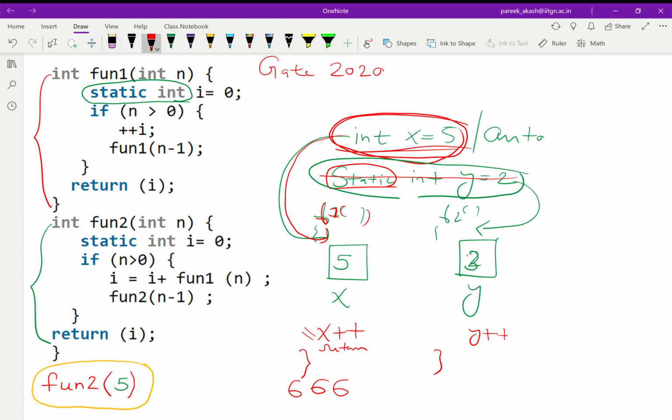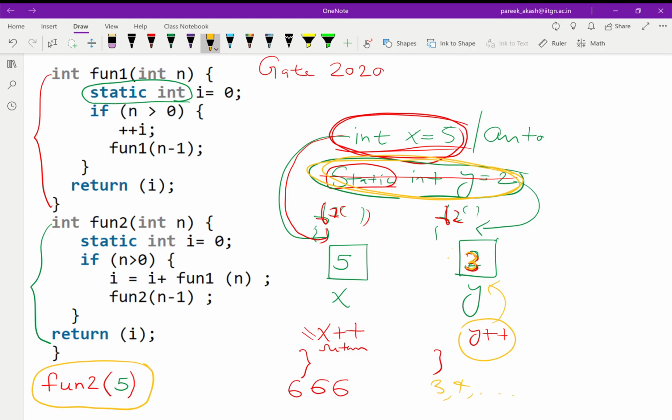And after some time, if I'm calling f2 again, then the first line, that is static int y equals to 2, will not be executed. You can think of it as skipping this line and going directly to the next line. The current value of y is 3, and if I do y plus plus now, then it will become 4. So first it was 3, then it has become 4, and so on.